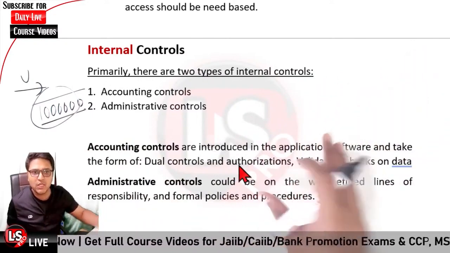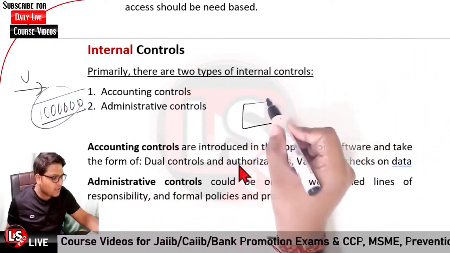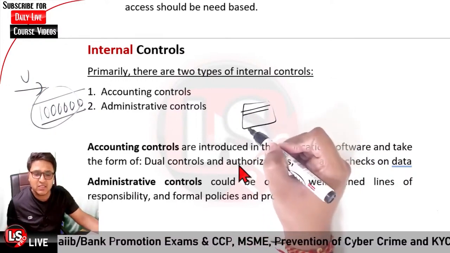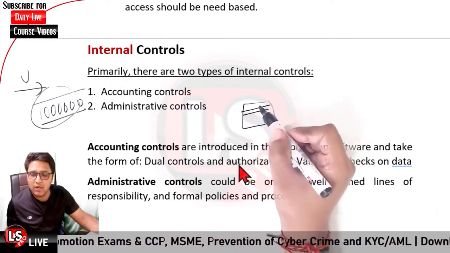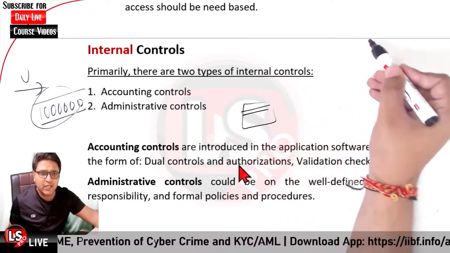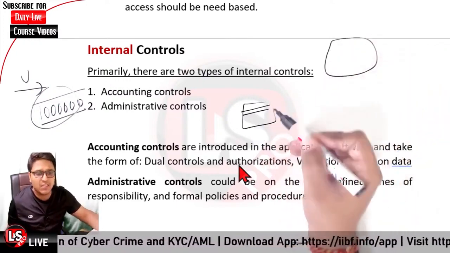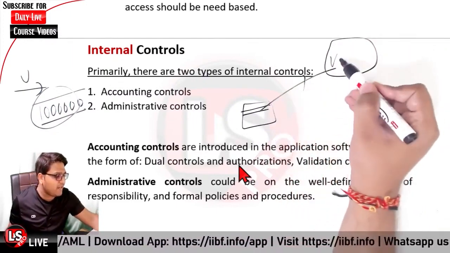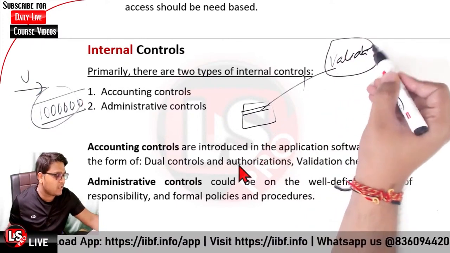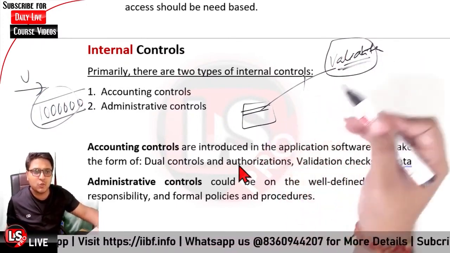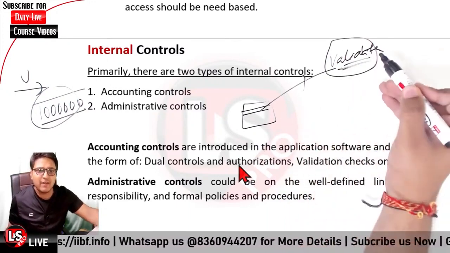What is the user side? User side is, likewise, you are entering some voucher, you are entering some amount, and there are some validations regarding the number of account digits; that is user side validation. And what is internal control side validation? Whichever data is being entered by the user will be validated over here in the server also. So there is dual control regarding the authorization and the validation of the data.